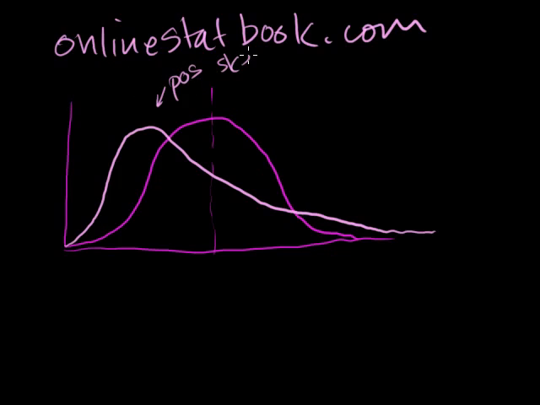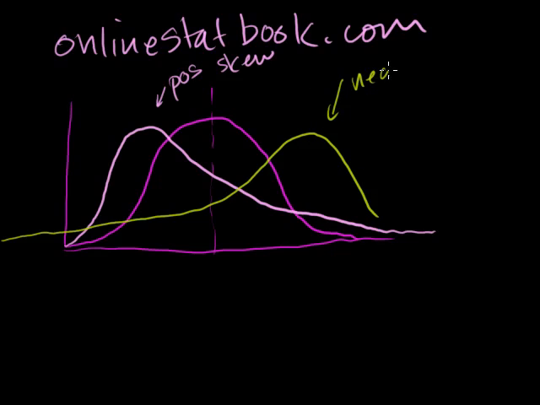So this would be a positive skew, which makes it a little less than ideal for a normal distribution. And a negative skew would look like this. It has a long tail to the left. So that is a negative skew. If you have trouble remembering it, just remember which direction the tail is going. This tail is going towards the negative direction. This tail is going to the positive direction. So if something has no skew, that means it's nice and symmetrical around its mean.